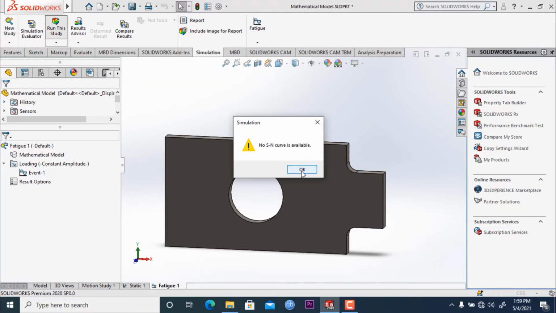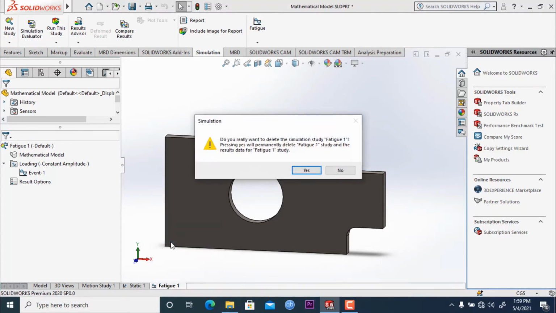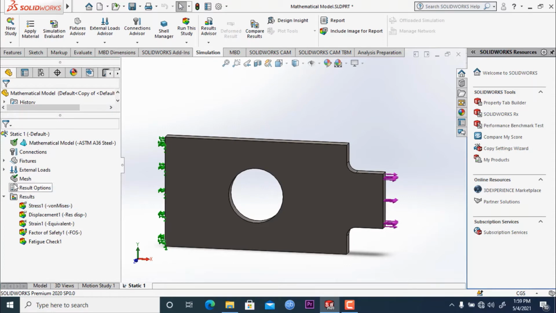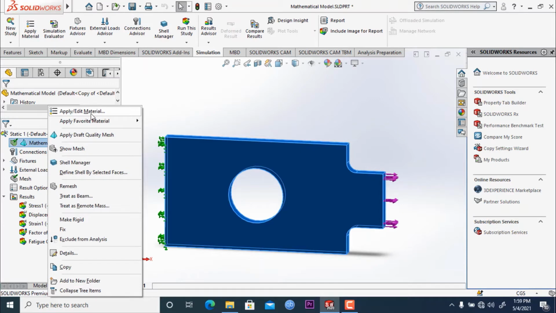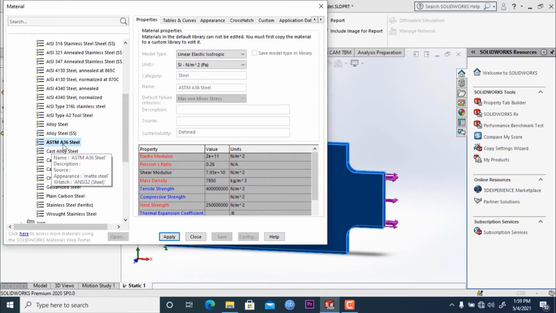So what is an SN curve? An SN curve is the stress versus number of cycles curve. The material is selected. If we click OK, and delete this, and go to static 1, here in the material option, if we right click and click on apply or edit material, you can see the material we selected had no SN curve.